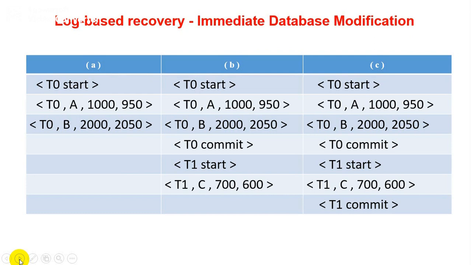Example, we can take the same example which we discussed previously. Consider two transactions T0 and T1. Transaction T0 transfers $50 from account A to B. Let transaction T1 withdraw $100 from account C. I will not go into depth because previously we considered the same example with detailed instructions. Suppose that these transactions are executed serially in the order T0 followed by T1, and the values of accounts A, B and C are the same as we took previously: 1000, 2000 and 700.